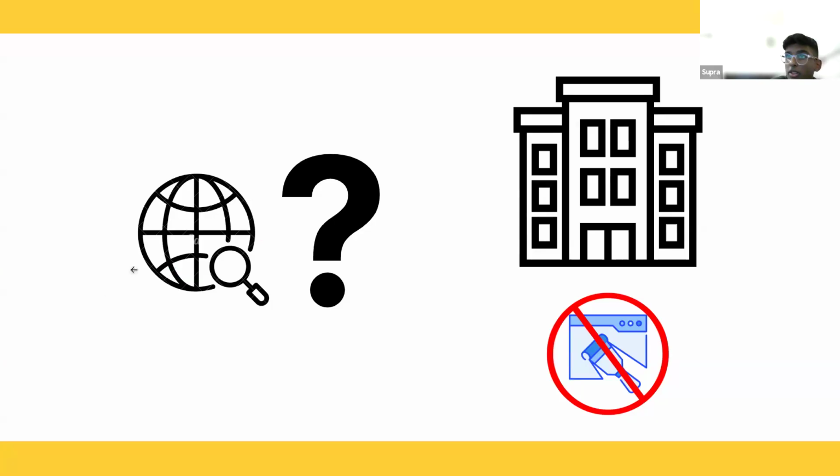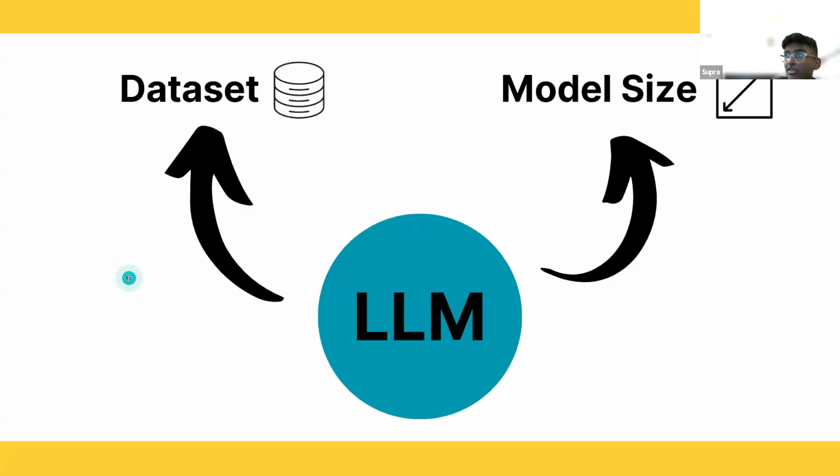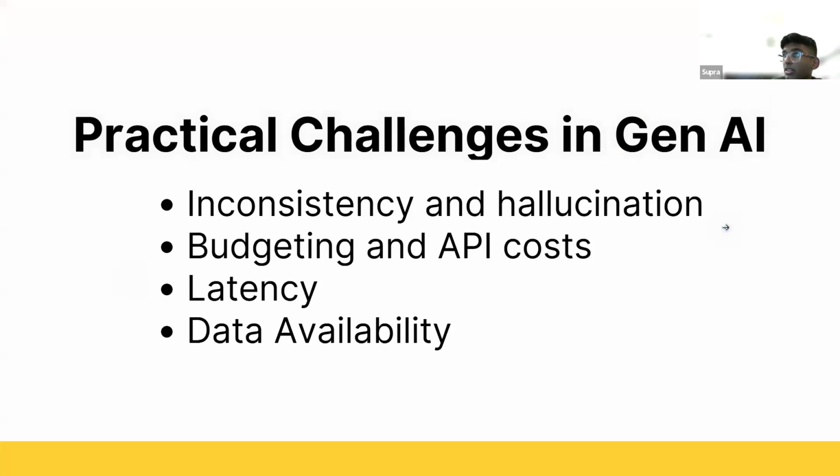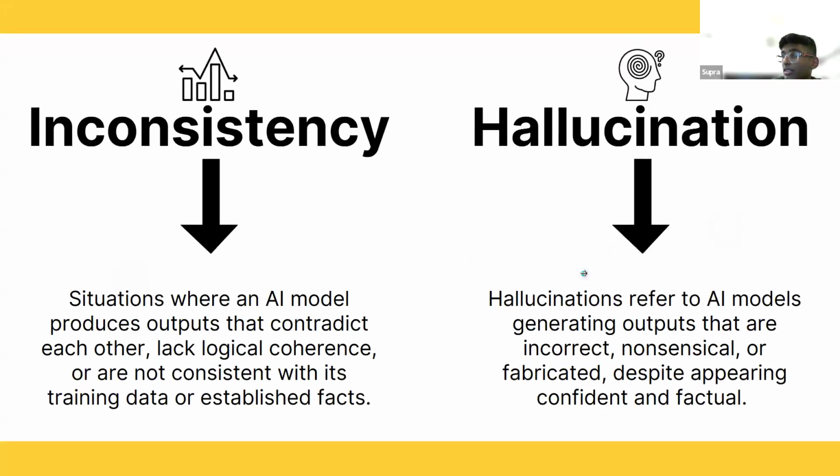So for these practical challenges, I'm just going to quickly summarize what we learned, just in case you're confused on any of it. There's inconsistency and hallucination. Inconsistencies are where you see incorrect answers to the same question but in different sessions, which means it's not consistent with its training data or the facts that it has. Hallucinations refer to AI models giving responses that don't make sense and are incorrect, even though they may seem true. And a way to avoid this maybe is to only give the answer if you know what it is, like I told you about earlier. It's not always effective, but